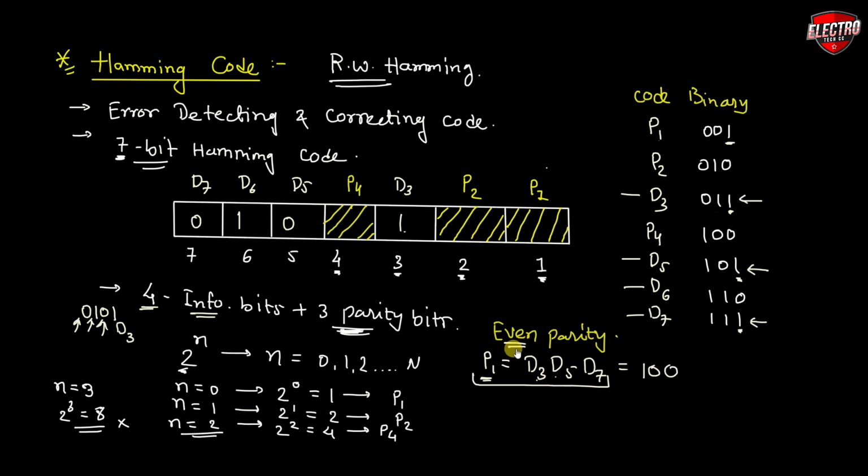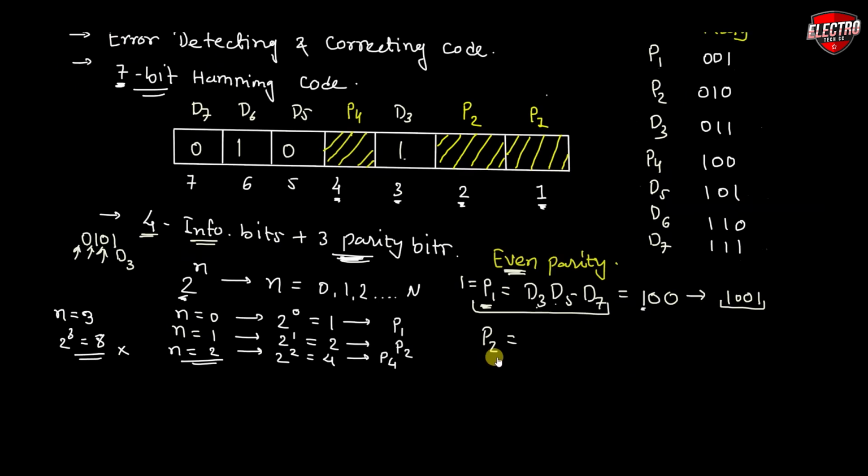That means if we want to make an even parity, then the number of 1s in the final message must be even. In our case, the number of 1s is equal to 1. So if we want to make an even parity, then we have to use parity bit P1 equal to 1. Now the final message is 100, that is the message, and one parity bit, that is 1. That means the number of 1s in the final message is equal to 2, and 2 is an even parity.